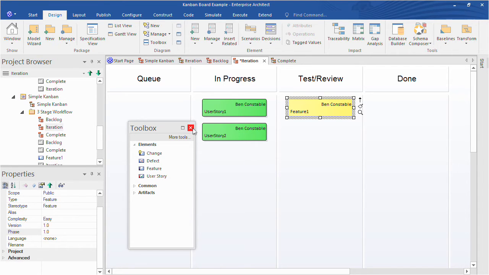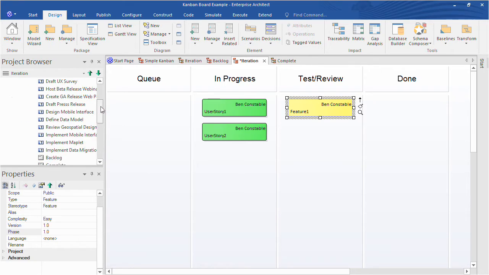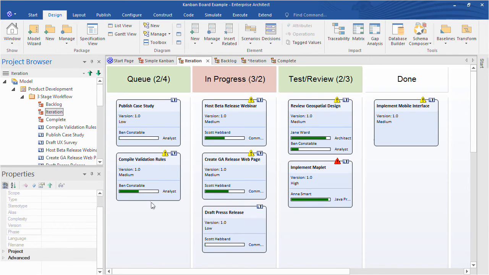But let's have a look now at an actual working example that I've created here. So here I've got a Kanban board representing the work items in a product release. So for example, I've got some work items. I need to publish a case study apparently. Scott's hosting a webinar, and I've got to do a review of a design here.